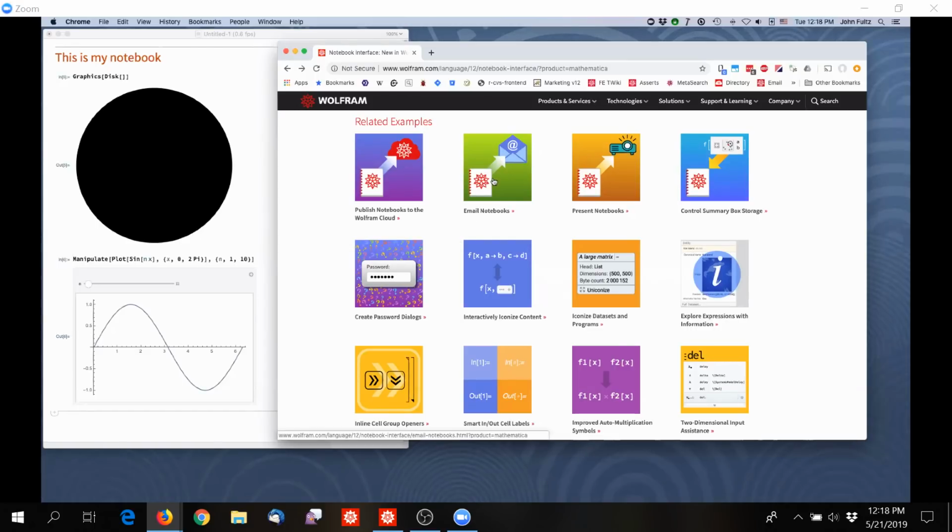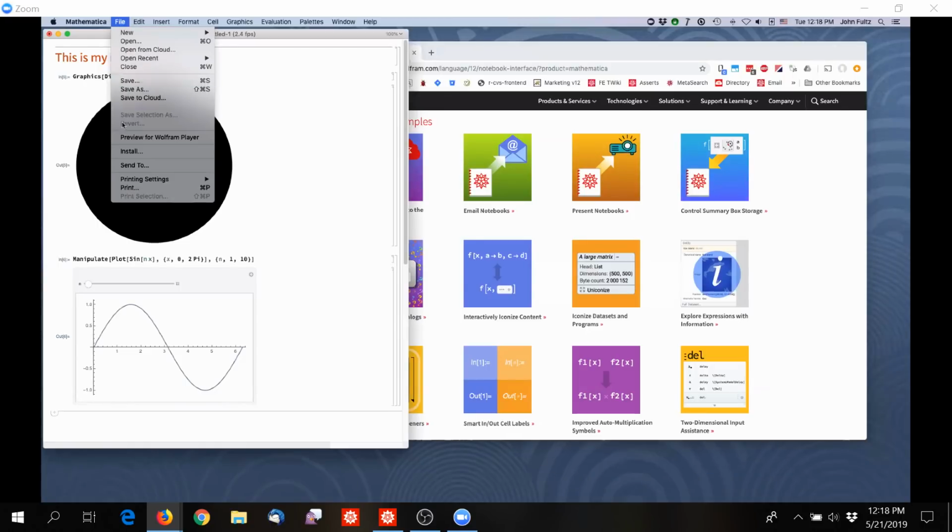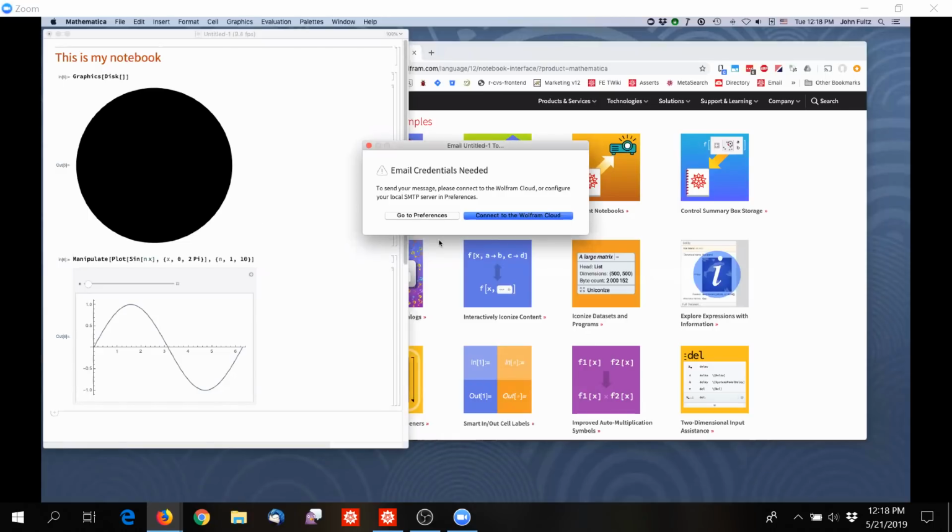So I'd like to be able to email a notebook. Maybe I don't even have a local client. Maybe I have a local client, but it's not set up. So now I can just do Send To. This is now available on all platforms. And if you're logged into the cloud, then by default,